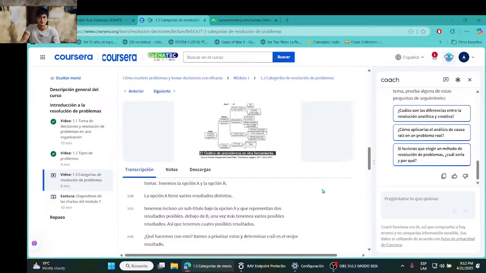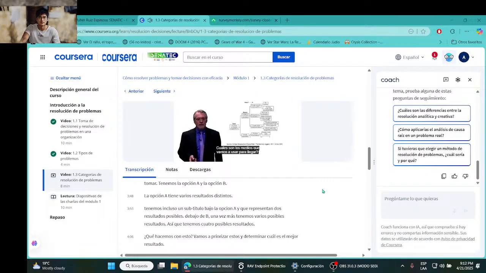Precedence chart is another one of these. This just says, okay, how in the world do we solve this problem? What we're going to do to solve this problem is we start off with, what do we need to get done? The purpose of this. What are the means we're going to use to get there? And then we get down to specific tasks. What are the things we have to do? So we get into some of the consequences we were talking about. Oh, you mean I have to do this and this and this, and then that will finally reach the goal over here. So another way to look at problem solving along the way.